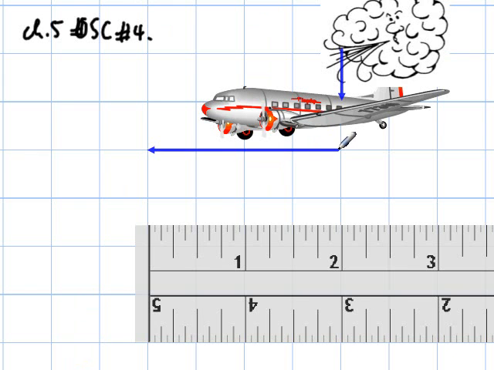So this one here is the 200 kilometers per hour, and that's my scale. And then this one here is the crosswind, and when I put them tip to tail, again, that's the 50 kilometers per hour crosswind, so each square would be 50, and